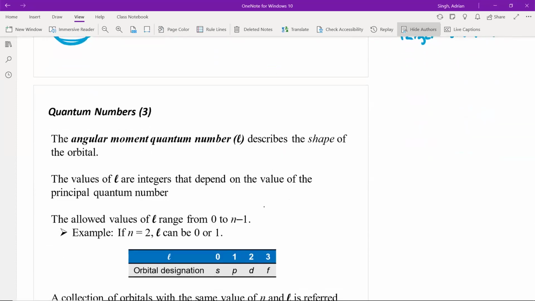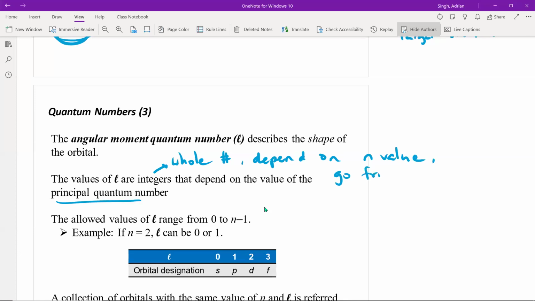The angular momentum quantum number describes the shape of the orbital, and these values are also integers, whole number values that depend on the value for n, the principal quantum number. So the allowed values for L range from 0 to n minus 1. Okay, so for example,